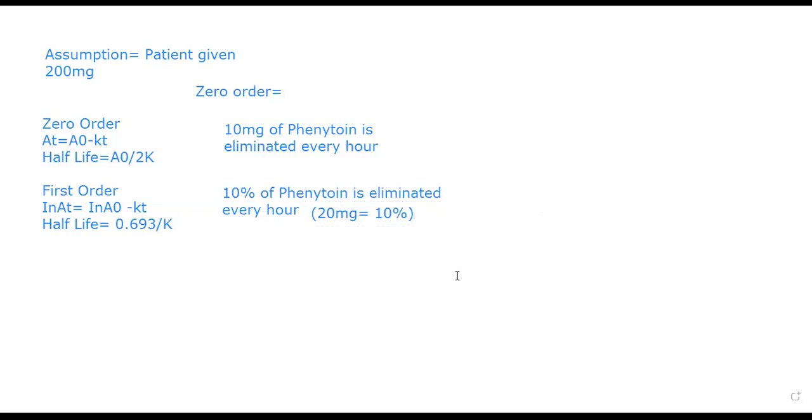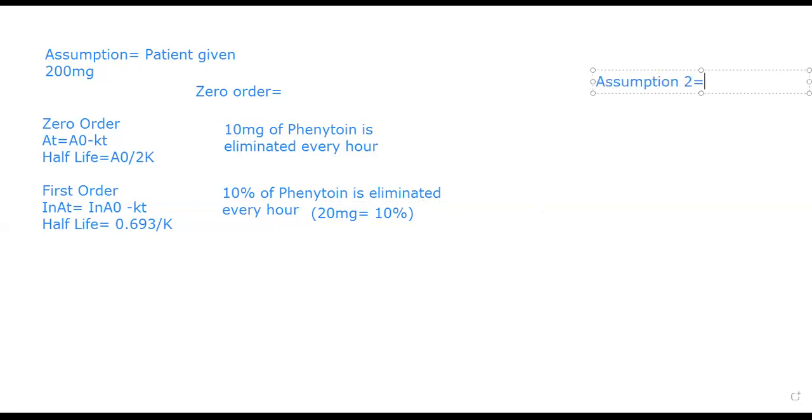So if we up the dose to 400 mg, in zero order, the patient will still eliminate 10 mg of phenytoin every hour. It won't change, okay? But in first order, if we've upped the dose,